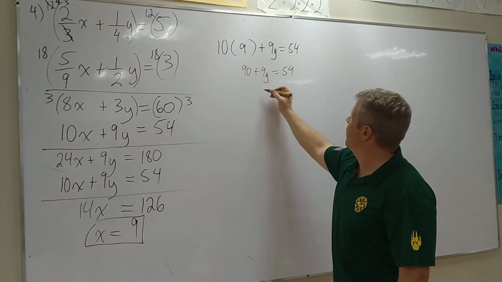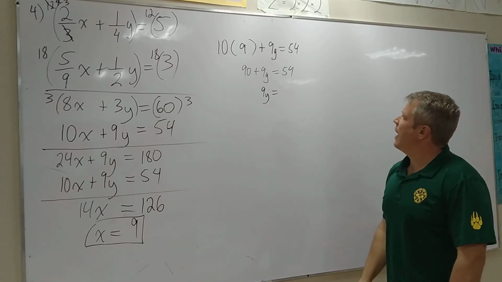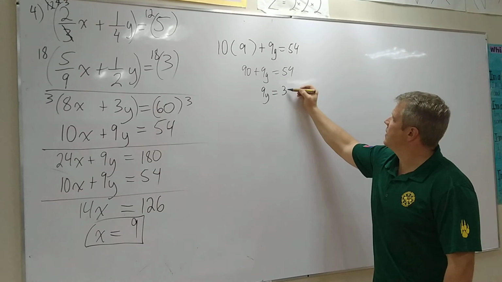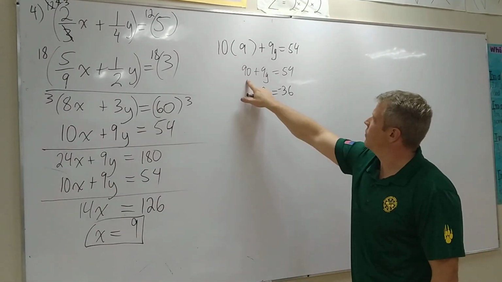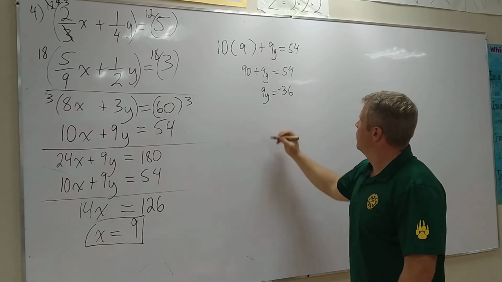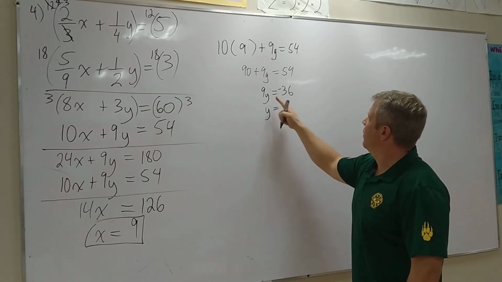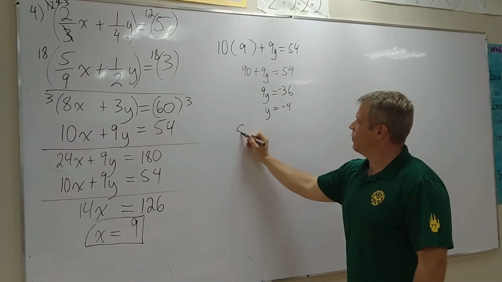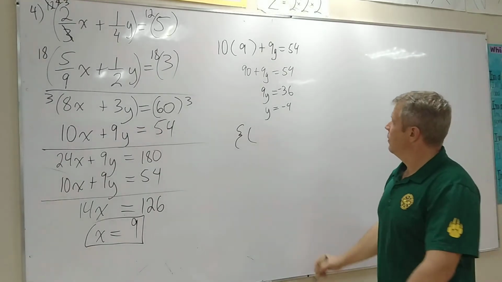I'm going to subtract. So 9y is equal to, when we subtract 90, okay, negative 36, if we subtract 90 from both sides. Subtract 90 here and here. So y is equal to, we divide by negative 9 on both sides, negative 4. So the solution set, which is an intersection if we were to graph it, is